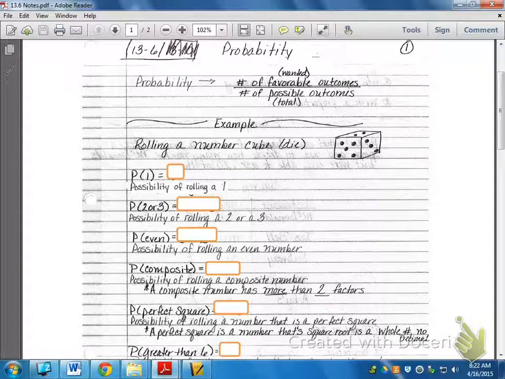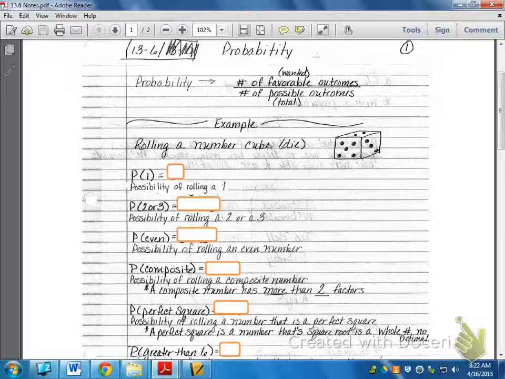13.6 probability. To find the probability of an event, you write the number of favorable outcomes, or what you're finding the probability of, over the number of possible outcomes, so the total things that could happen. We are going to just deal with fractions of probability. There are also probabilities that are decimals or percentages, so you just change the fractions to those things, but we are just going to deal with